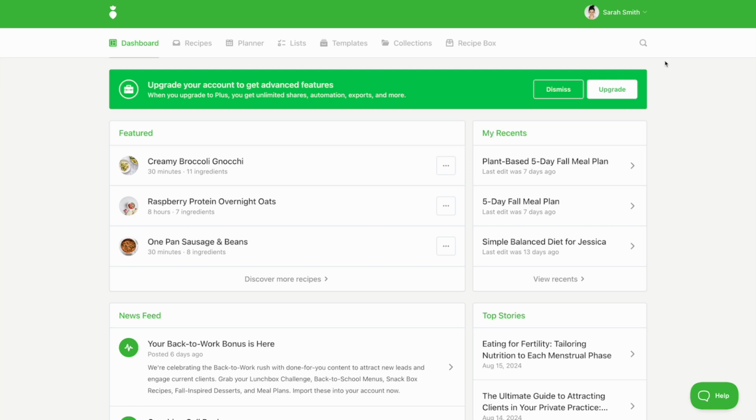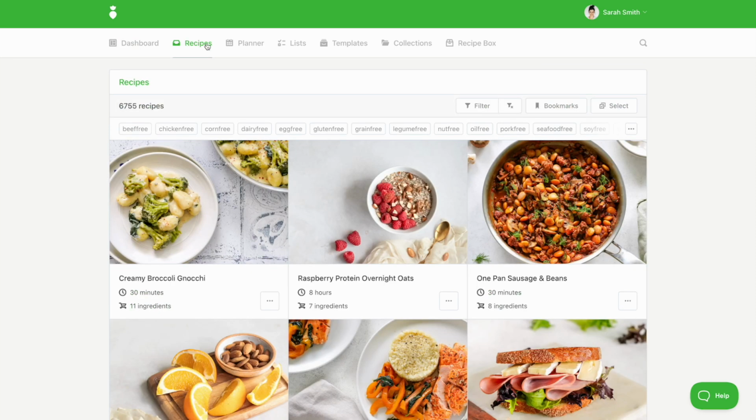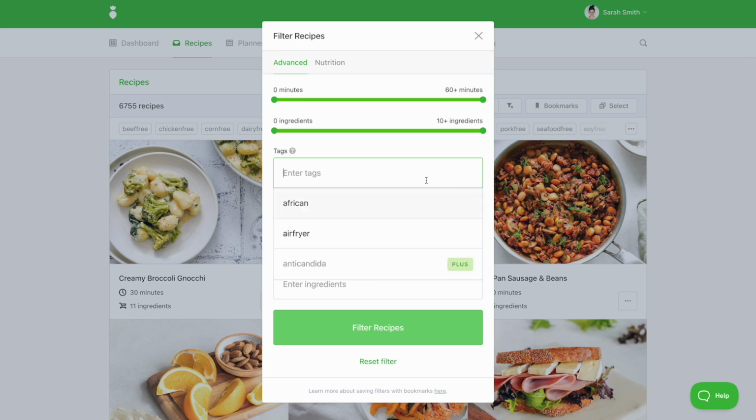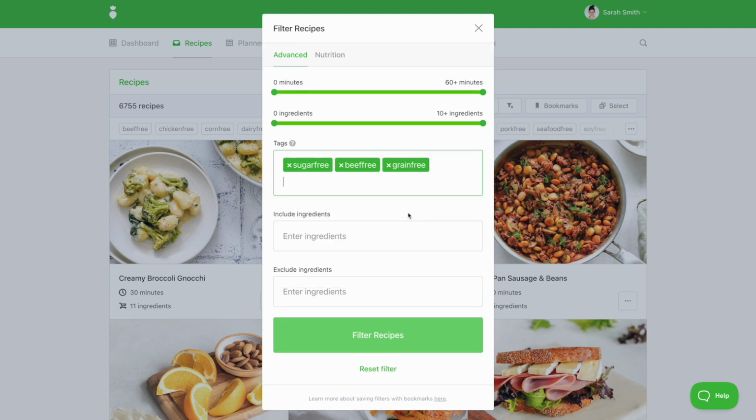Start by creating a collection of recipes based on your client's needs. Head to the Recipes tab and apply your desired filters. For this example, I'm going to search for recipes that are sugar-free, beef-free, and grain-free. I'll start with breakfast and move my way to lunches, dinners, and snacks so my client has a variety of